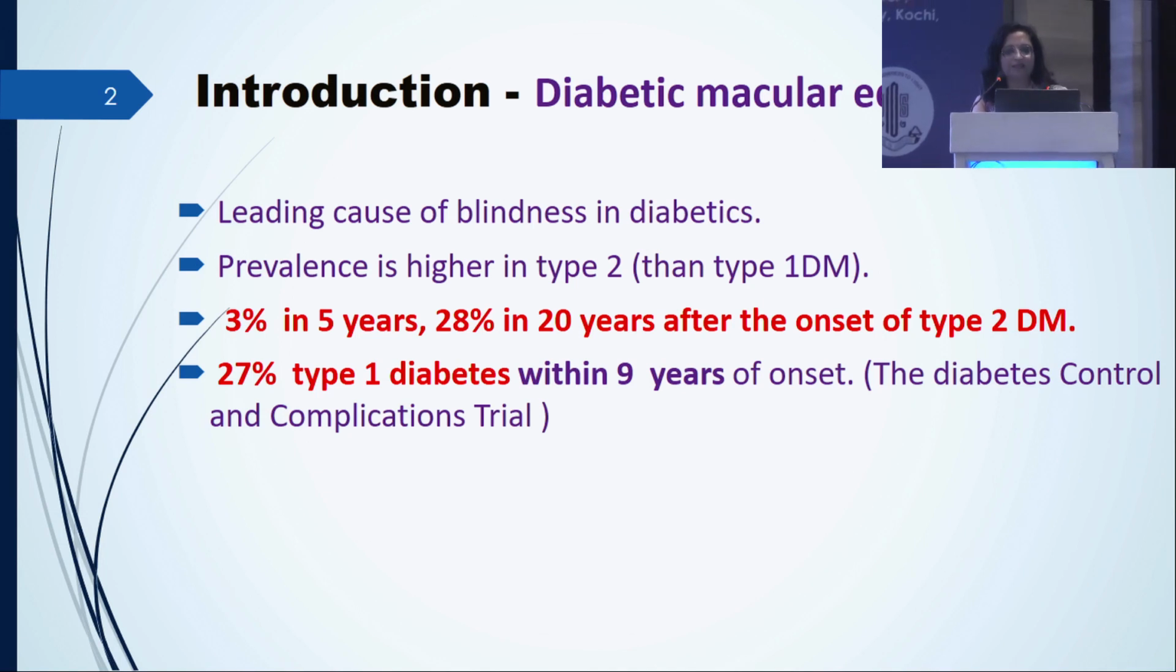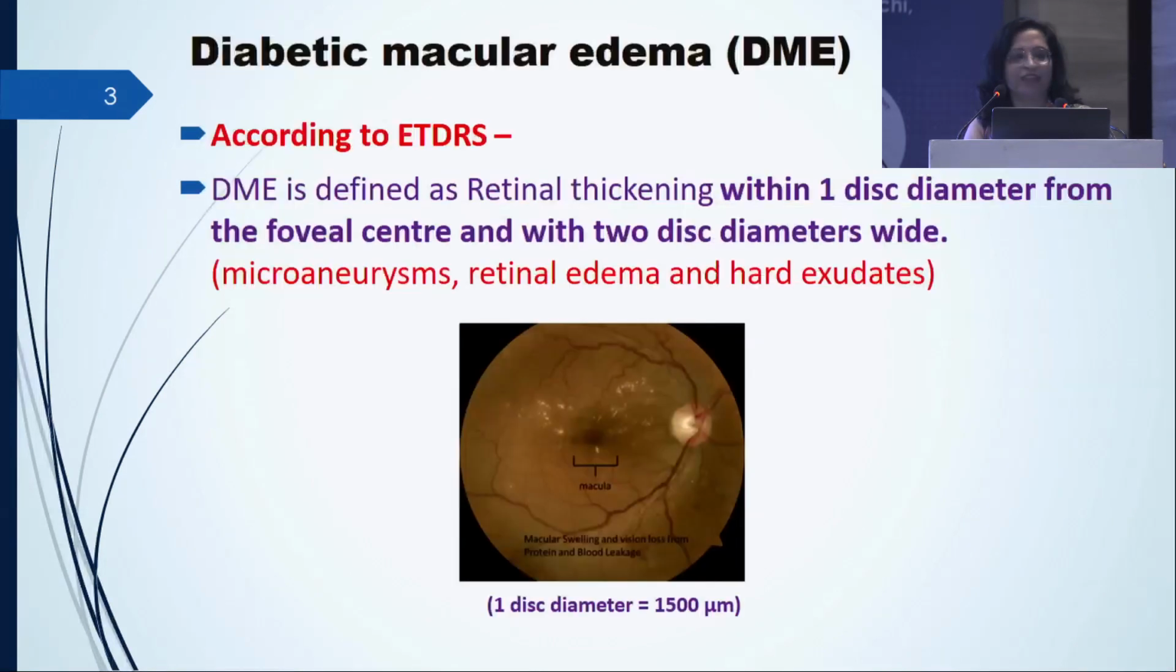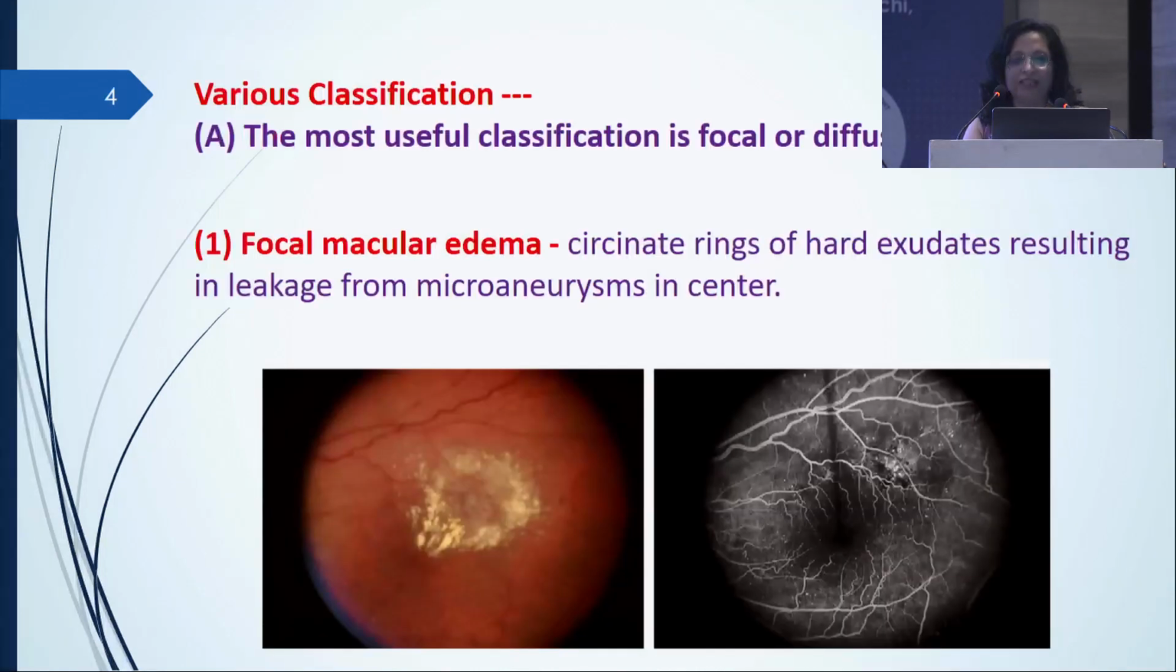As being discussed, it is the leading cause of blindness in diabetes with prevalence which is more in type 2 diabetic, and it is 3% in 5 years, which goes to 28% when it becomes 20 years of type 2 diabetes, while in type 1 diabetes it is around 27% down the line of 9 years. As being said before, according to ETDRS, we call it when there is a retinal thickening within the 1 disc diameter from the foveal center with 2 disc diameter wide, or